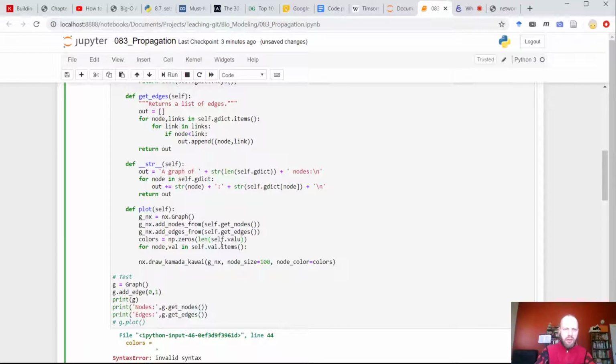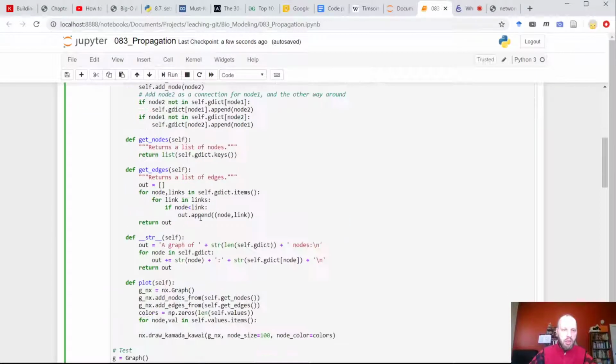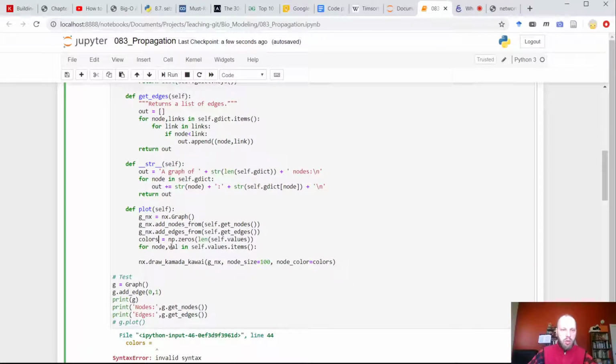I don't like this val anymore. I'm sorry. I will have to go and replace it with values. I want it to be plural so that it makes sense. This is semantics, but I want this one to be plural. And for one value I will still use val. So this way, when you see that the variable is called self values, you know that it contains some sort of values, and because it's plural, you know that that's a list. It's just a healthier name. Okay, so for node val in self values items,